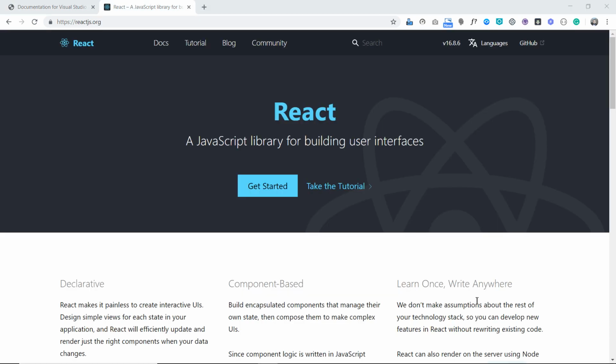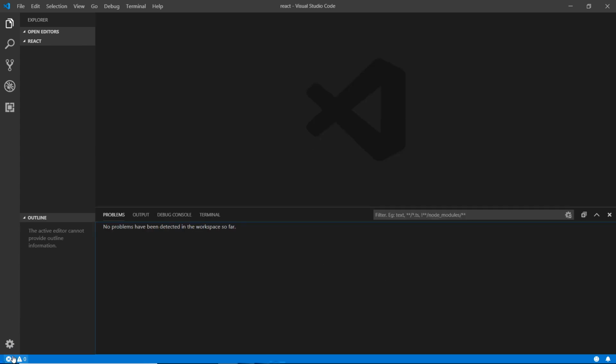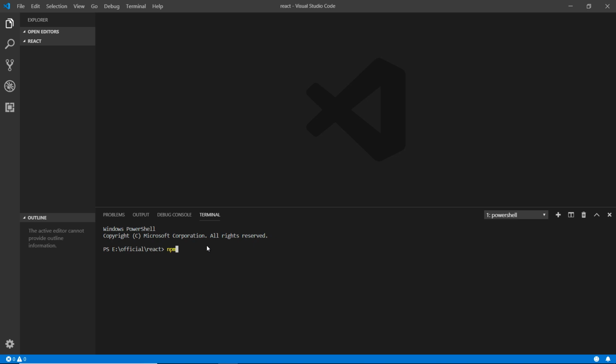To install React, first of all, we need to go to Visual Studio Code. So now we are here. We have already opened the related folder, and in this folder I'm going to perform all the actions. I'm going here to the terminal, and there I'm going to install React. The very first thing I need to write is npm, because I'm using npm, the node package manager, to